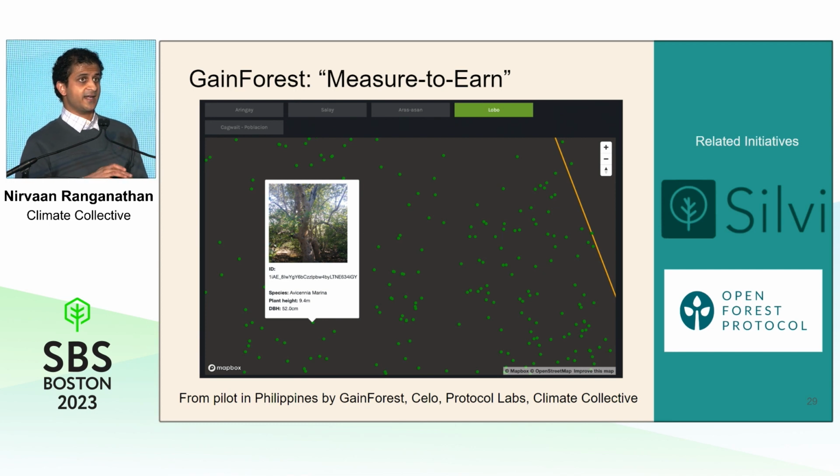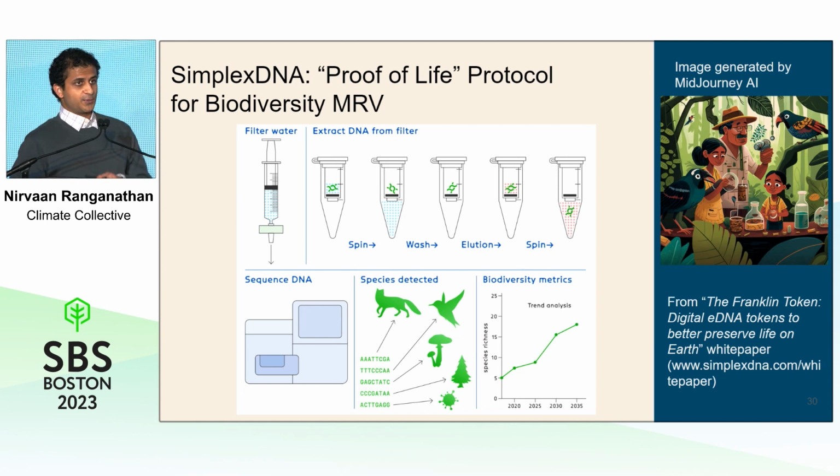Essentially, it's a system that is able to track and incentivize the collection of data about environmental assets, in this case, trees and mangroves. Like I said, you'll hear directly from them a lot more about this later today, but let's assume that we have a system where we can track and compensate DMRV through phone pictures. Now the question is, can we extend this to something more physical, something very tangible that we can take from the environment? Which brings me to another very promising project that I was working on with Climate Collective called SimplexDNA,